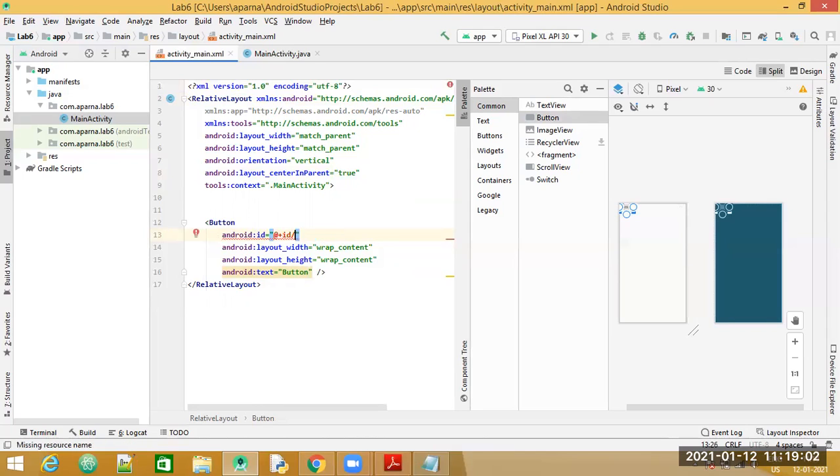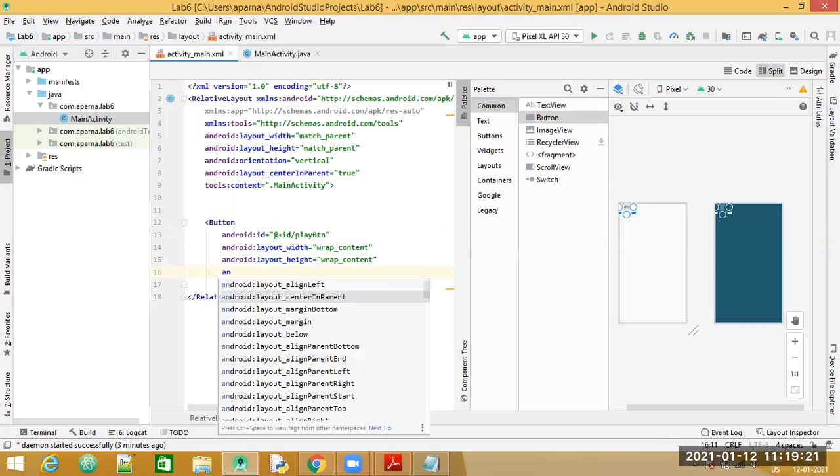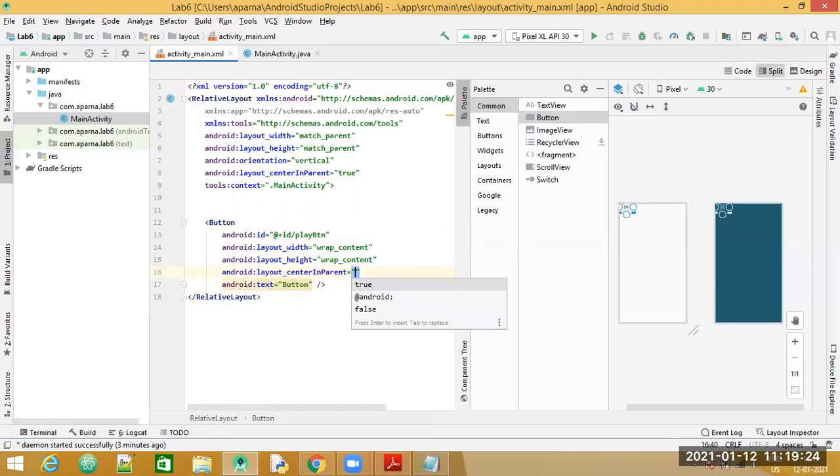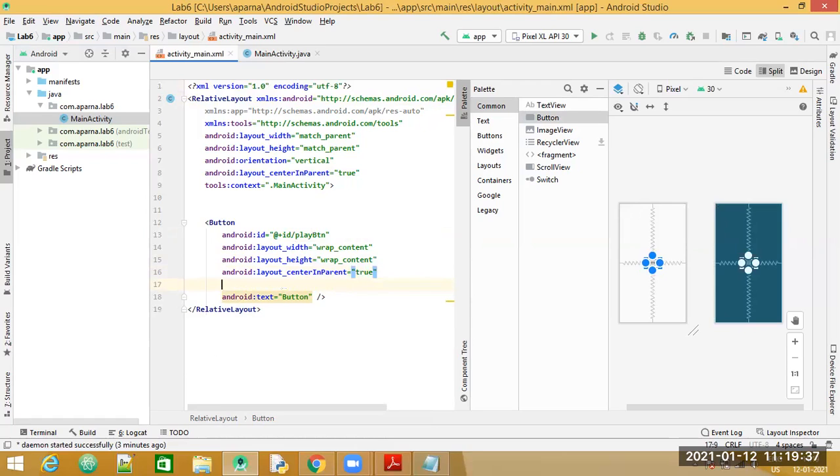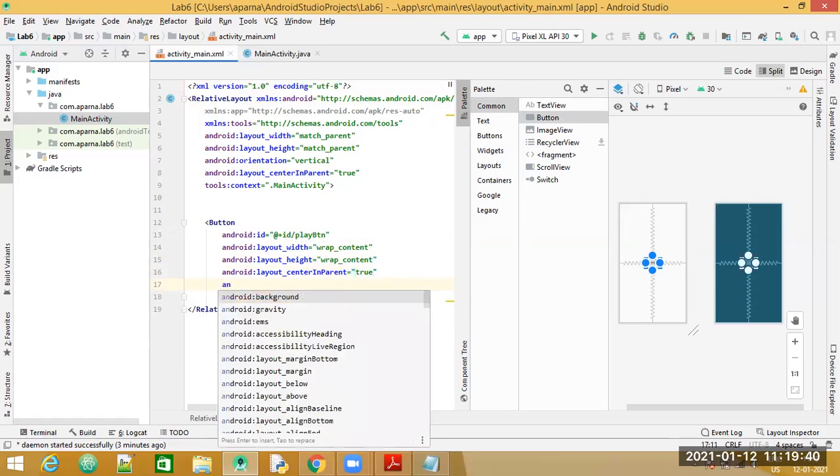Next, we shall change the ID of our first button. We'll keep the ID as play btn. Next, we will add another property here, that is Android center in parent again. So we want this widget also to be placed in center. So after this, let us add a property called as Android